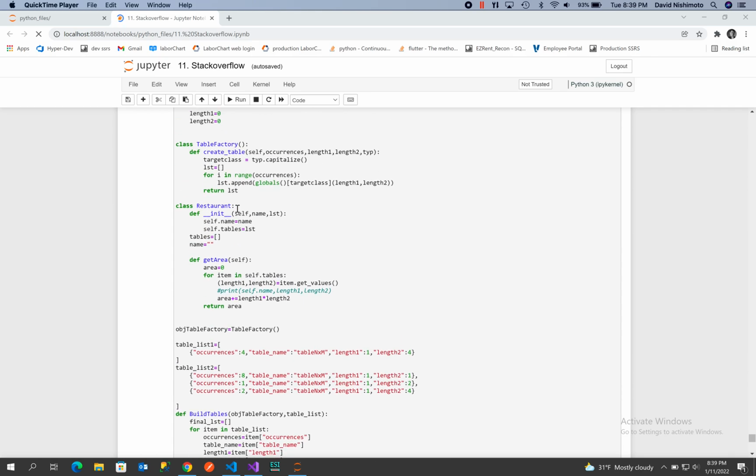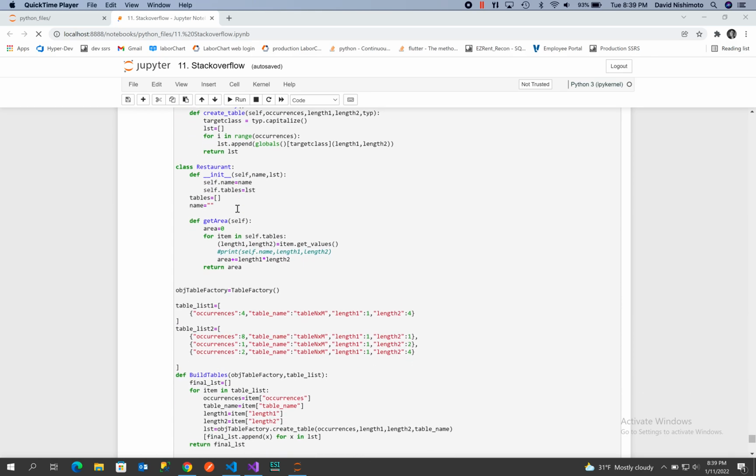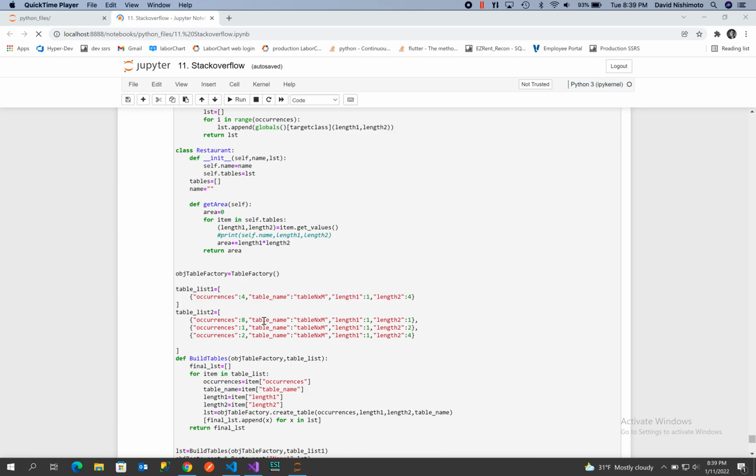Now, the reason why this is somewhat interesting to me is that we could have different types of subclass types. We could have one here where we're getting area. Maybe in another one it's metric.